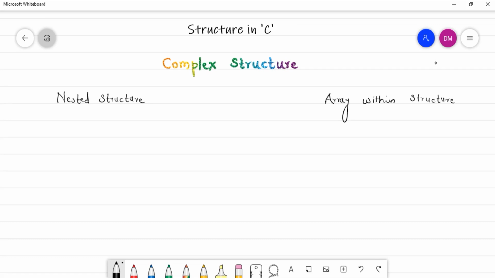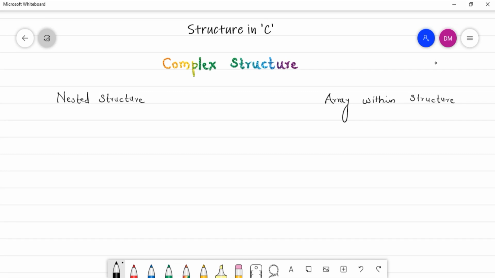Now date can itself be a structure. We can represent a date in the form of a structure. Day can be one element, month can be one element, and year can be one element. Then that date structure we can include in the employee structure.